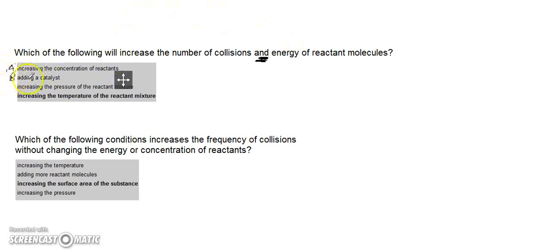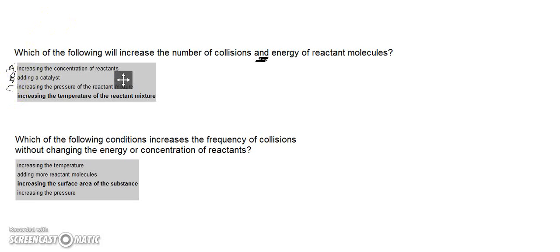B, adding a catalyst, and here you just need to remember what a catalyst actually does, and remember a catalyst lowers the activation energy of a reaction. So it increases the speed of a reaction by lowering the activation energy. It does not affect the number of collisions or the energy of the reactant molecules, so it's not B. C,